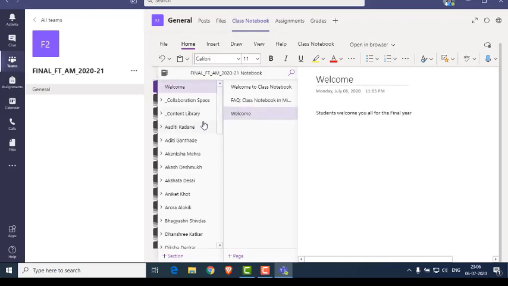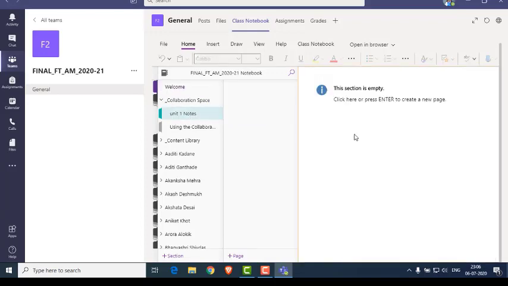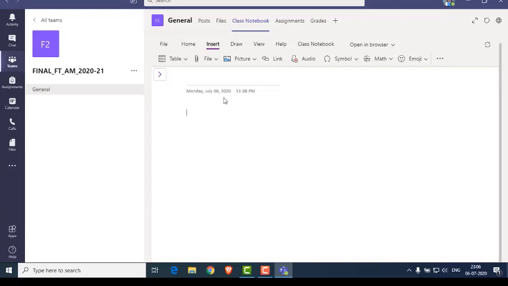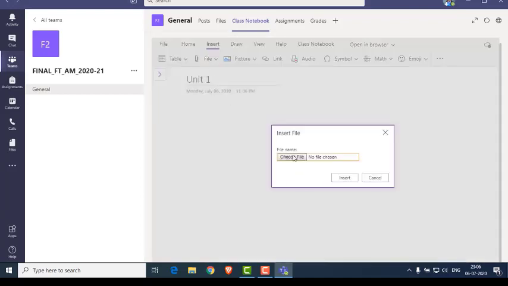Right now, the very important one, I can say, is the collaboration space. The collaboration space varies with unit 1. Say, for example, I have shared certain notes here, right? With those notes, this is right now empty. I can insert any document here, like a file, picture, or anything I can insert here. So say, for example, this is with my unit 1, and if I want to insert any file, I can insert any file for the printout, or I can insert any file as an attachment.